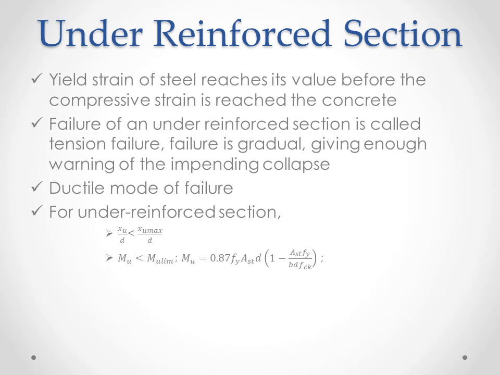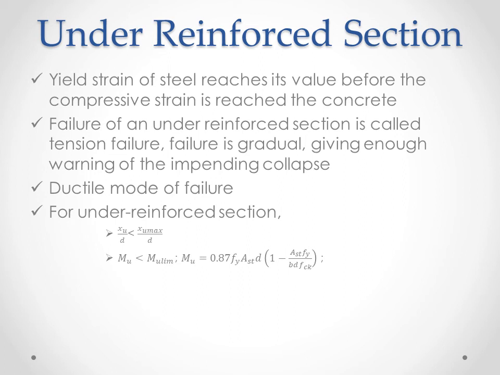Now the corresponding moment of resistance, if xu by d is less than xu max by d, Mu will be less than Mu limit, and here Mu's formula is 0.87 fy Ast d into 1 minus Ast fy by b d fck. Since the yield strain of steel is more than the compressive strain in concrete, the moment of resistance towards that load will be towards the tensile load, right? So we'll be using the moment of resistance as 0.87 fy Ast d into 1 minus Ast fy by b d fck,